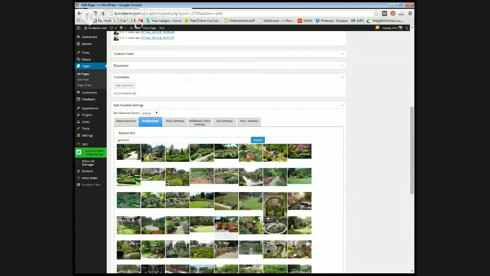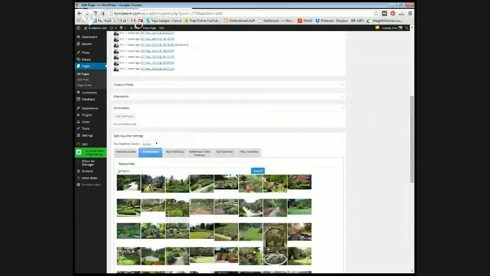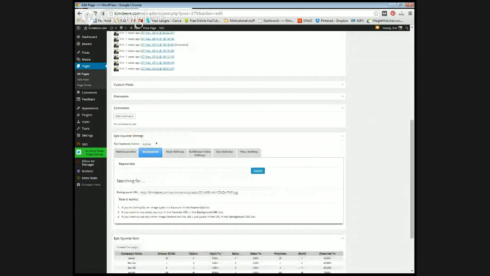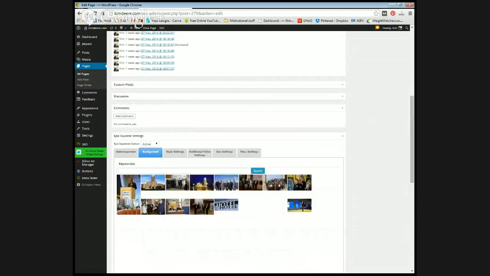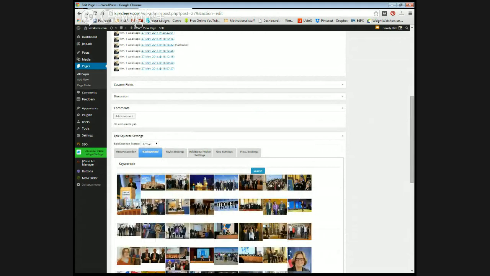You've got thousands of pictures in different categories, and if you don't put anything in, you can search and get random pictures coming up. So you can really play with which pictures work on your capture page. And then in your style settings, you can decide what you want to do with your opt-in buttons. I use to-do because it just bounces a little bit when it comes on, so it attracts a bit of attention, but they've got different ones that you can use here. And then this box